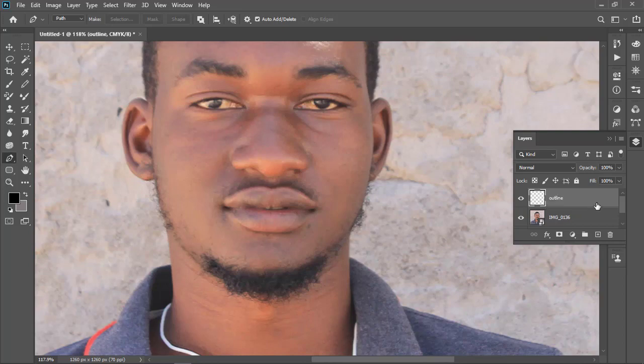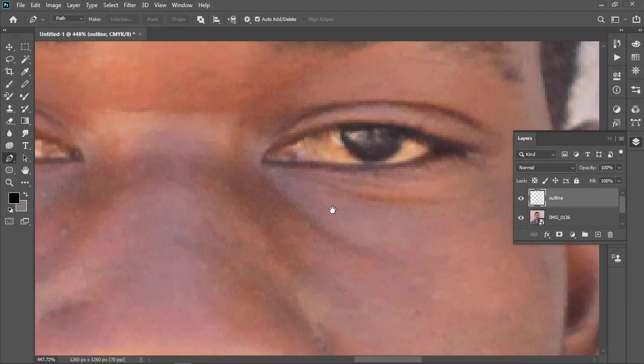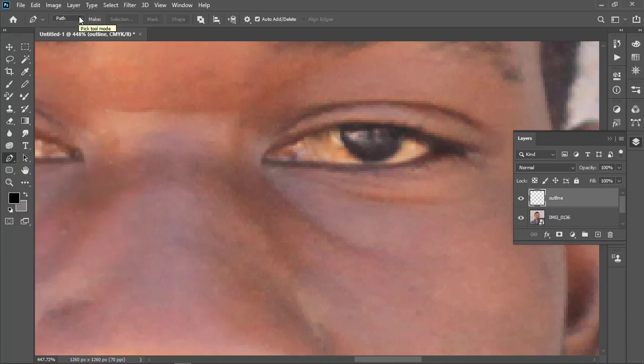I've renamed it. The next thing you want to do is zoom in for proper tracing. You can zoom in by pressing Control and plus on your keyboard. If you are using a mouse, you can just scroll on the wheel of the mouse. Okay, then you can start tracing. Make sure that when you are on your pen tool here it's showing path. Okay, now you can start to draw.